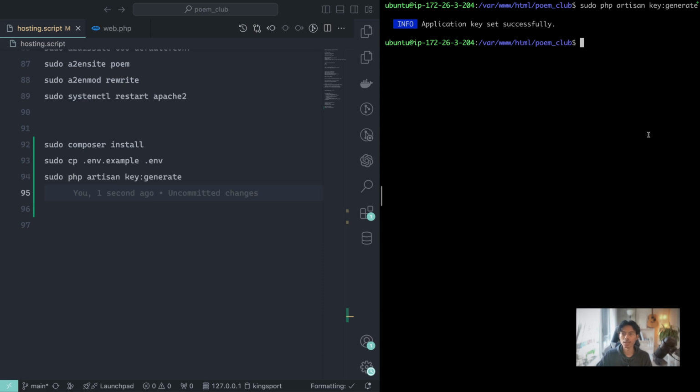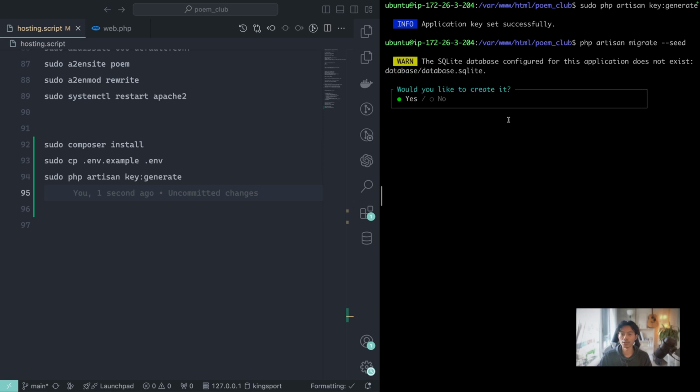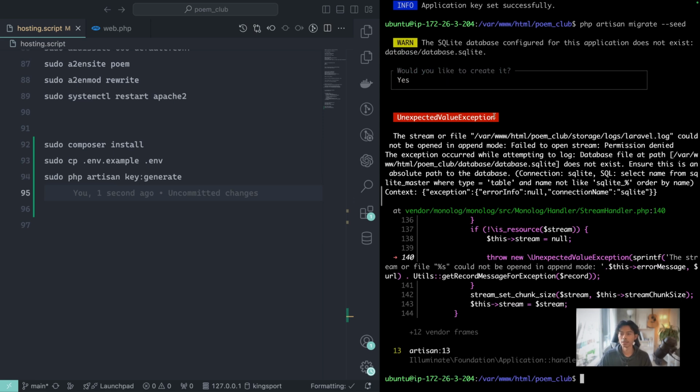After that, what I will do is okay. So I think we will run the migration file, right? php artisan migrate --seed. So it will create the user. And what is the problem here? Okay, so var storage log. Okay, so if you found that you cannot read and write that file, what you can do is right now